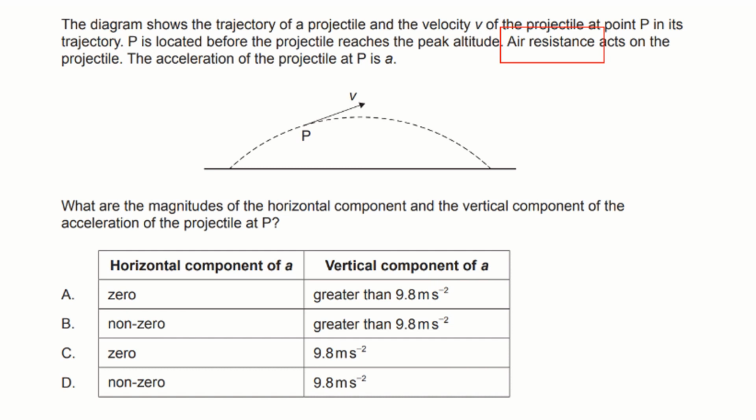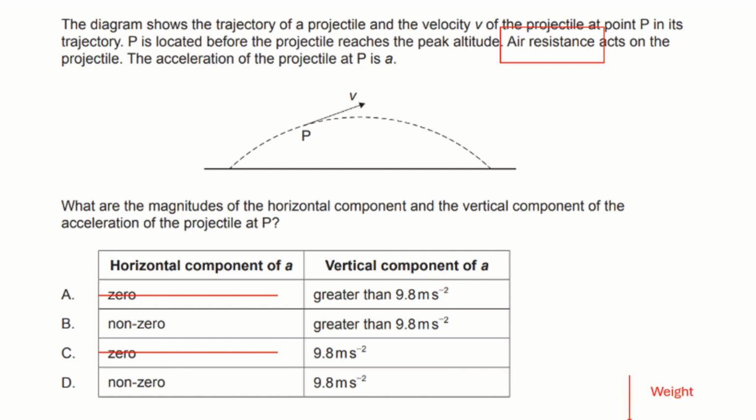Now here we have some air resistance, which means that the horizontal component of the acceleration is not going to be zero. In other words, we're going to experience some slowing down in the x direction, and so therefore we must have a non-zero acceleration. So the question there is about the vertical component. Now, to think about this, if we're at position P, we're going to have two forces